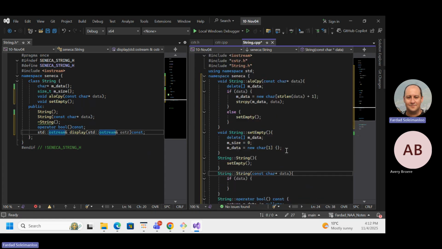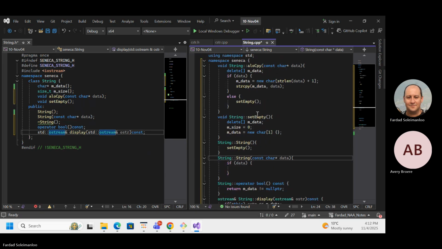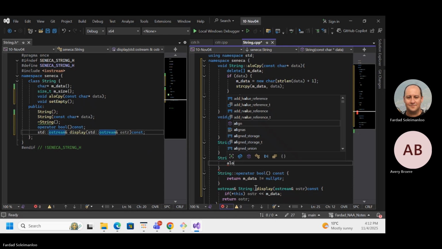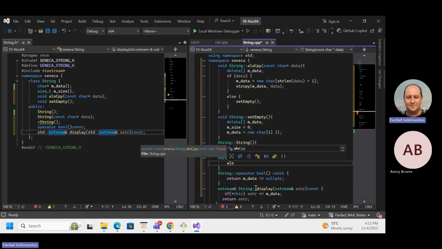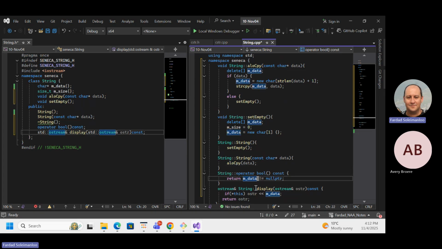Okay, so that's that. So where we were in here, we did the allo copy, and we did over here. So in here, do I need to check for the data now? No, because the allo copy is doing it. So all I need to do over here is to say allo copy data, right? We good? So we're down to this point, so now I can actually test my program in here.